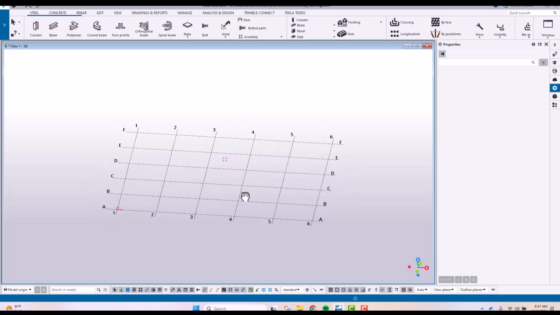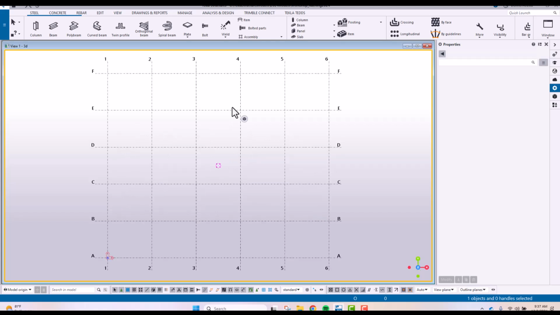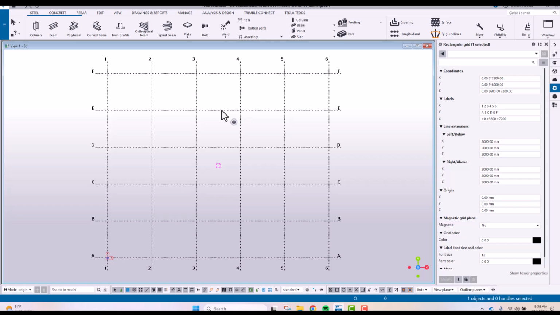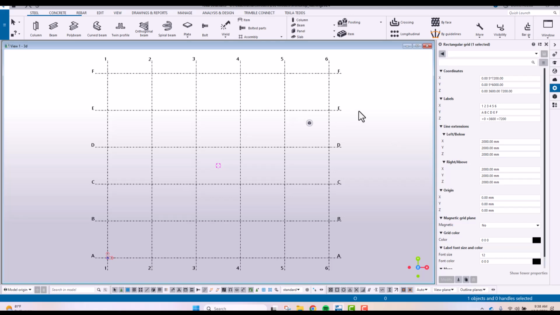Okay, so for this grid line, if you press again Control P, as you can see here, once you click the grid line, the right side pane will appear, and that is the properties of the grid line. Look at this. If I click the grid line, it shows you the properties of the grid. So to explain this one,